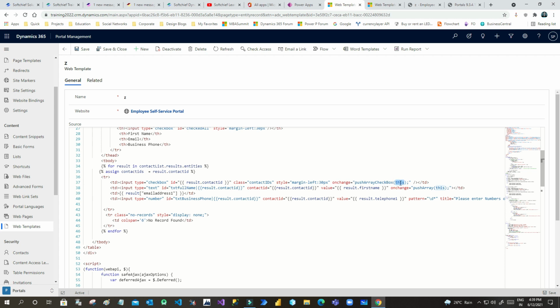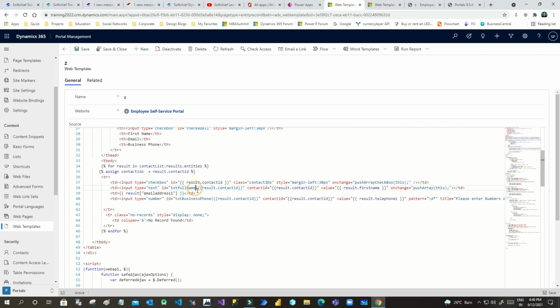I'm passing the same control object to this method, and similarly another text input to display the full name. So I am assigning the value result first name, so that it will display the first name of the user. And the ID I have defined dynamically also. I am not giving the ID as just txt full name.